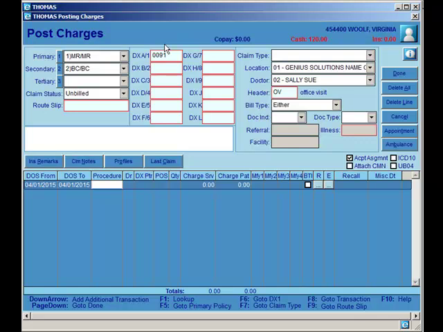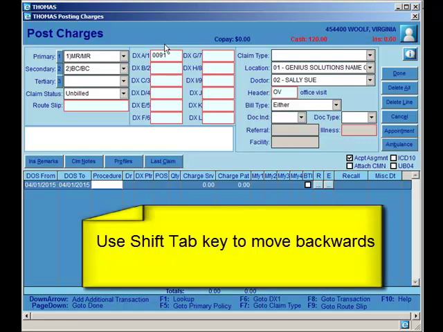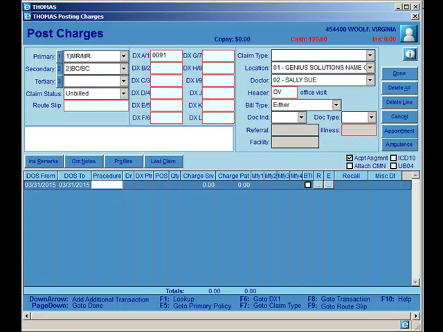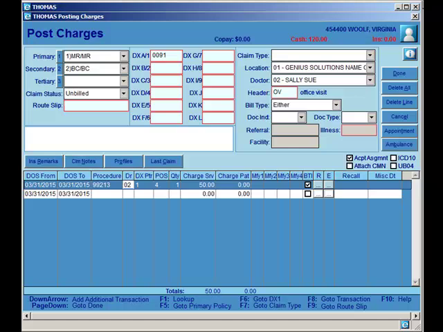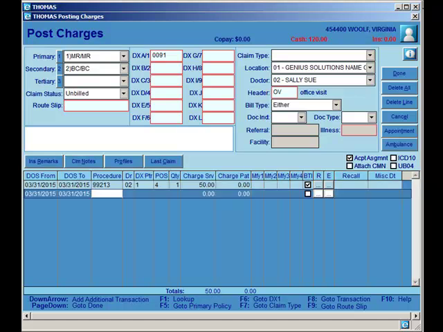If I do need to change the date of service for whatever reason, I can use my shift and tab key. See how my cursor is moving over to the date of service from, so from the procedure, hit shift tab twice to get to the date of service from, change my date, use enter, enter my procedure. If all of this looks good, page down once, page down twice, brings you to the done, enter,